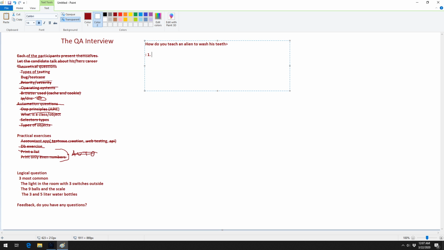First of all, you need a toothbrush, toothpaste, water to clean yourself after. You need a hand. Do you need anything else? With the hand, you pick the toothbrush, you put toothpaste, you need water, and then you need to explain the motion. The motion I'm referring to is brushing top to bottom, side to side, or